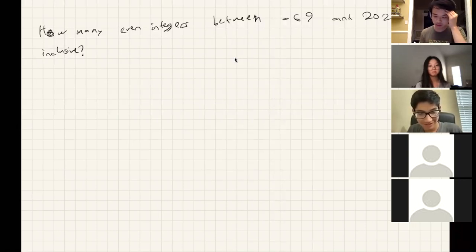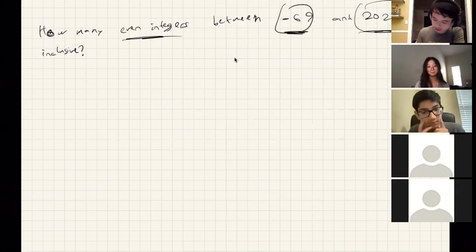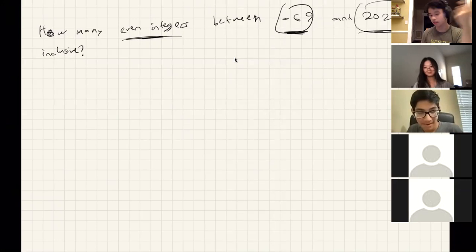So okay, on to an example. This is a basic counting example. They use this in a lot of MATHCOUNTS, AMC, it's everywhere. How many even integers are between -69 and 2021 inclusive, right? So they're asking you for the number of integers between two numbers. What you do for these types of problems is a very simple idea. Everyone has their own idea, but what I like to do for these boring problems is